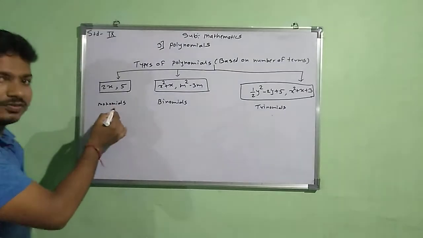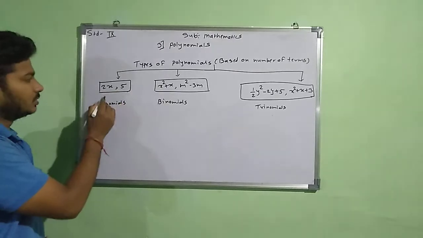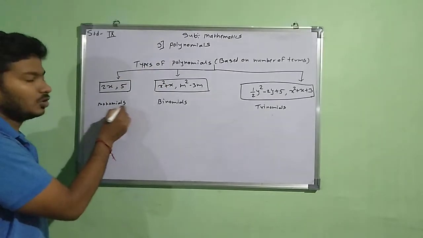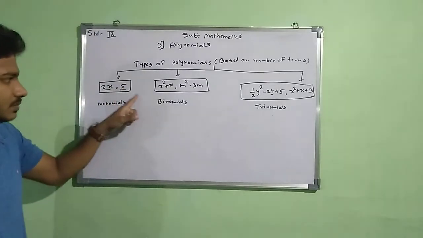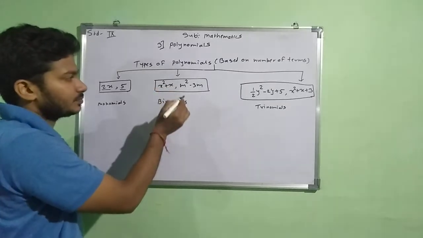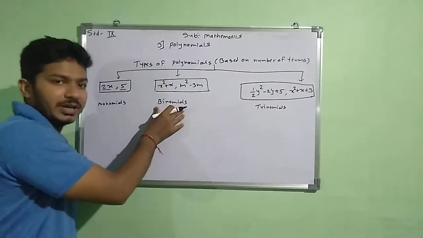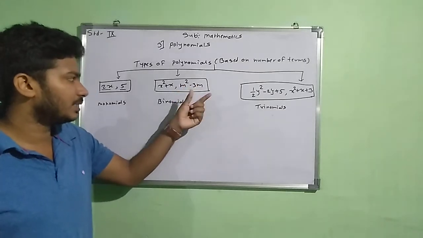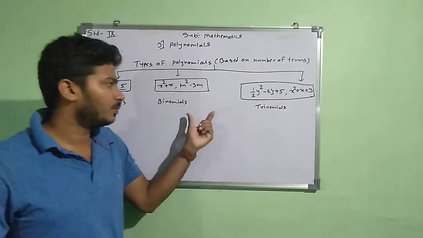So if you look at the first bracket, I have written 2x, comma 5. If we have only a single term, then that polynomial is called a monomial because we have only one term, 2x only, and the second example is 5, which is a constant term. In the second, you can see I have written x square plus x. So you can see I have two terms, x square and x. That is called a binomial. That means two terms means binomial. Similarly, for the example m square minus 3m, we have two terms only. So we can say that is a binomial. This is a type of polynomial.